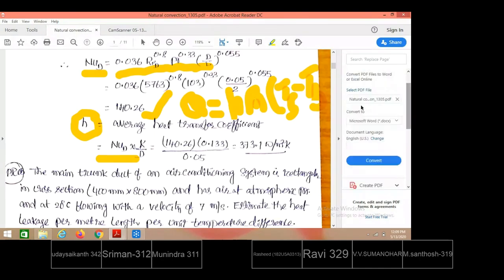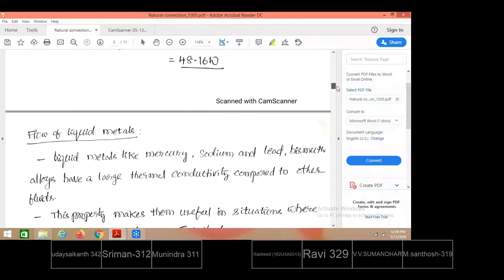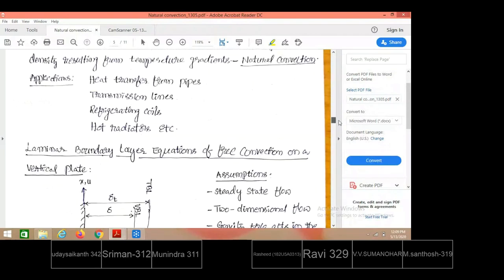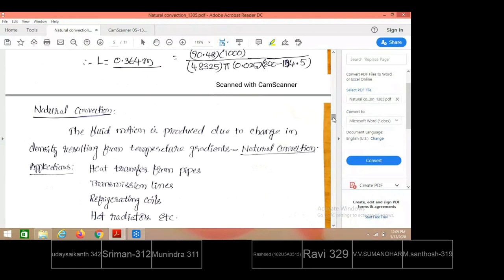So when it comes to natural convection, we were discussing natural convection. So far we have talked about forced convection and the related problems. When will natural convection take place? Without imposing external velocity, that means without keeping a fan, without keeping a blower, or without using compressed air, when fluid circulation or fluid momentum is created naturally over the flat surface.